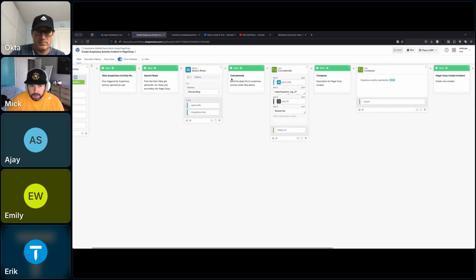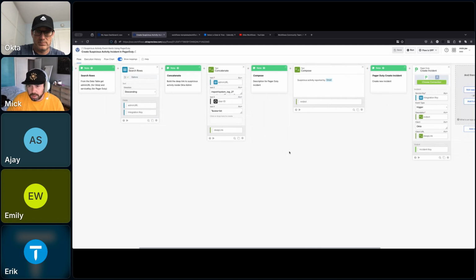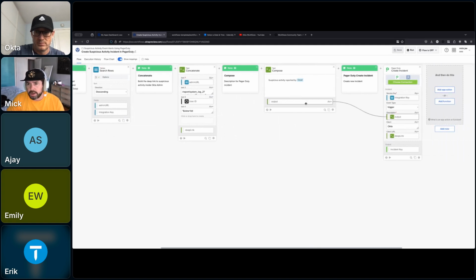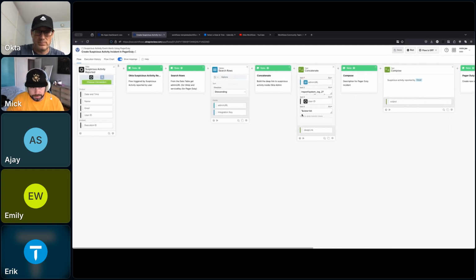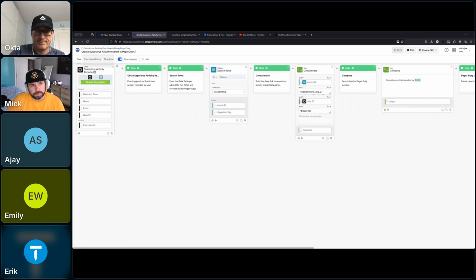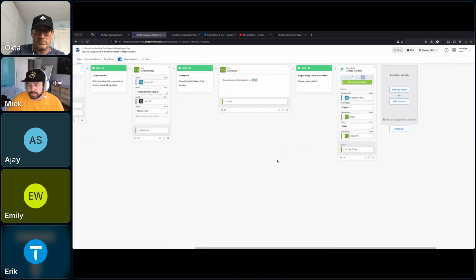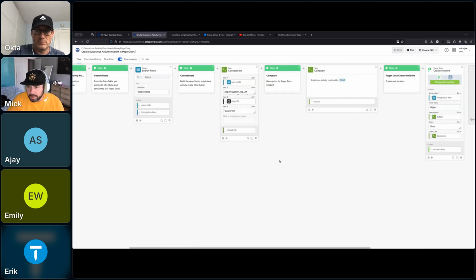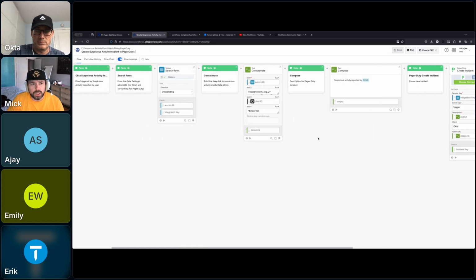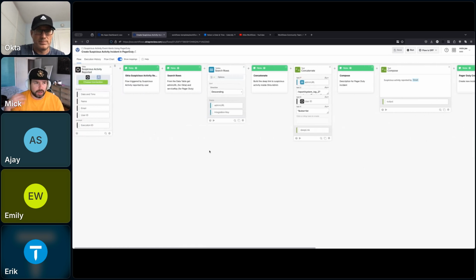And a lot of this is used to generate a PagerDuty incident based off of a suspicious activity being reported by an end user. And in this instance, we're generating that PagerDuty incident and that ticket. But let's say I don't have PagerDuty. I want to be notified via Slack. And this I think gives a good gist of what you want to do. But event occurs, send a notification in a certain platform.